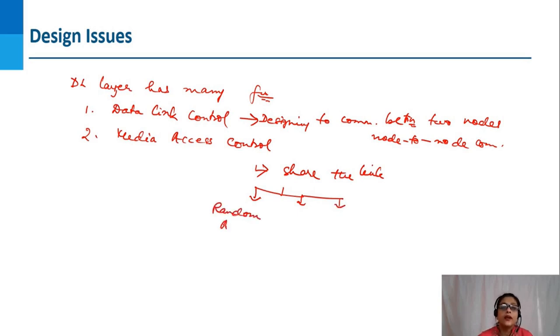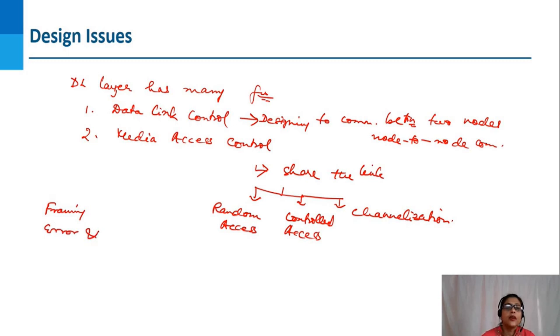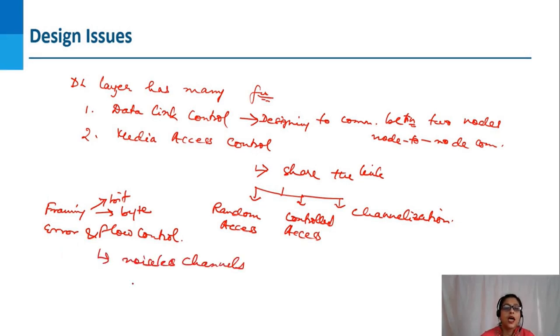One is the random access. The second one is the controlled access. And the third one is the channelization. In this video, we are going to learn about the design issues of data link control. So the main functionalities of data link control are framing, error and flow control. So here we will be learning about the framing for bit-oriented protocol and framing for byte-oriented protocol. And regarding the error and flow control, we will be learning about a few protocols of noiseless channels and some protocols of noisy channels along with